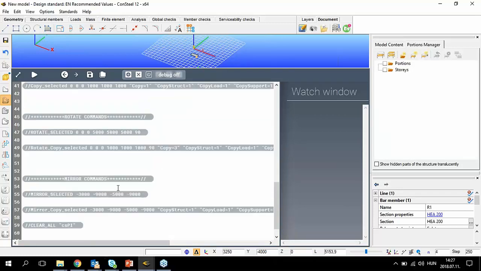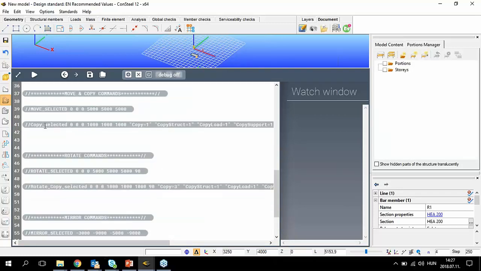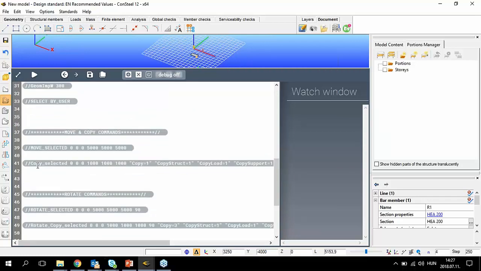So I will show you the copy selected command only. So for example, this copy selected command works as I will show you in a moment. Every one of these modeling functions needs the selection command as a prerequisite command. So you have to select members which you want to use for these commands, and add the first 3